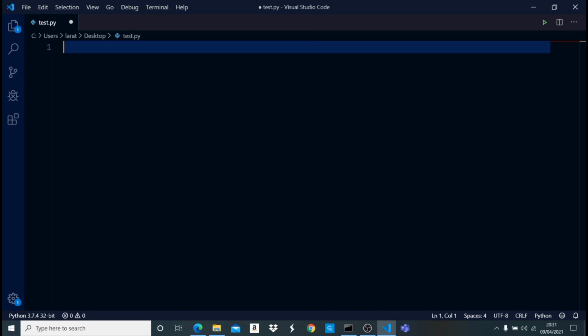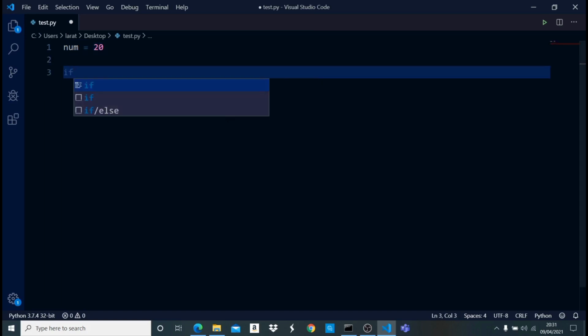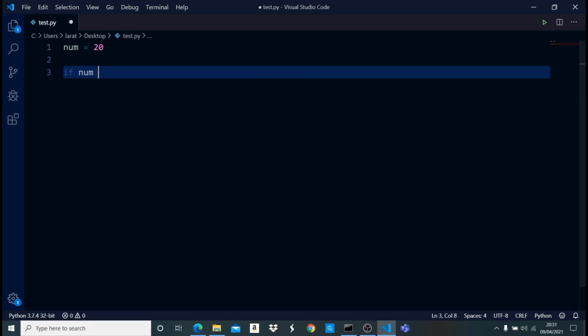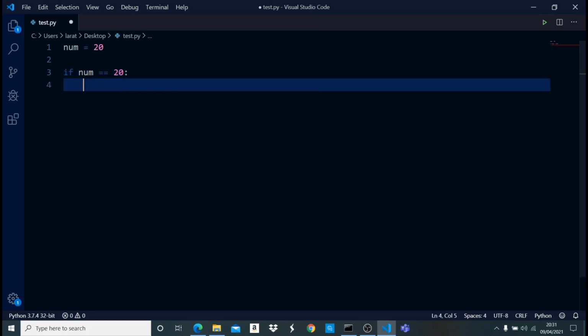It is used to get a particular condition and know which task to perform in whatever is going on. Now let me give an instance. We have a number string, so we say num and we give it as 20. Now let's say, this is how to write an if statement. If num, so num is this variable, is equals to, now I'm saying is equals to, you can see I don't use just one, I use two equals to sign. This is saying if it's equals to 20, then let's print